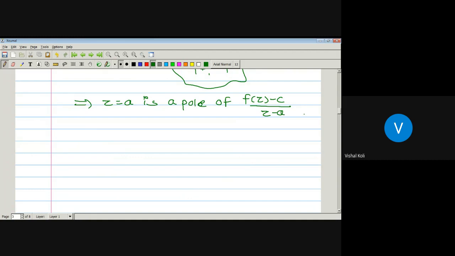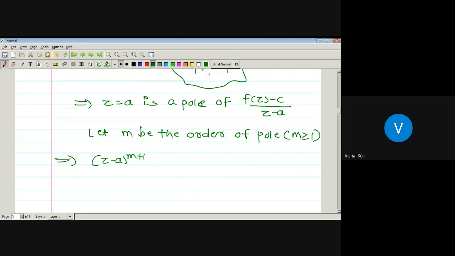So here let us assume that this will be a pole of order m, and this m is greater than or equal to 1. Let m be the order of the pole, and we know that the order of a pole is always greater than or equal to 1. So the possibility for m is greater than or equal to 1. And we know that by the definition of pole, if the function f has a pole of order m, then z minus a to the power m into f(z) must be a removable singularity.